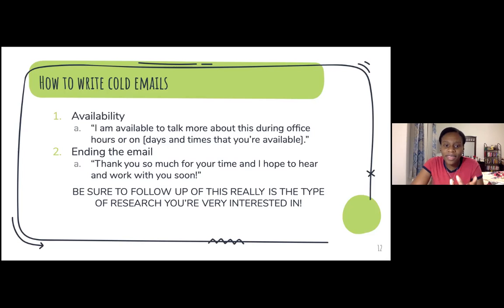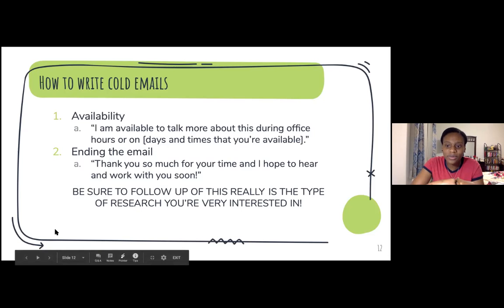And then make sure you end the email on a nice and high note, just telling them thank you for their time to read everything and that you hope to hear from them soon is always a great way to end. And again, if this is something that you're really, really passionate about, and this is research that you definitely want to do, even though we did say in the beginning, it's always great to send more than one email,